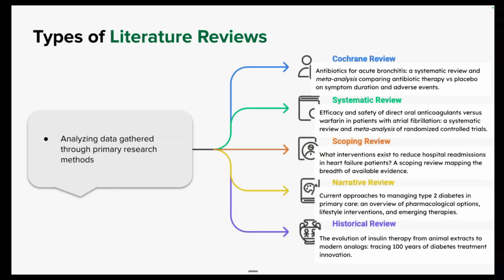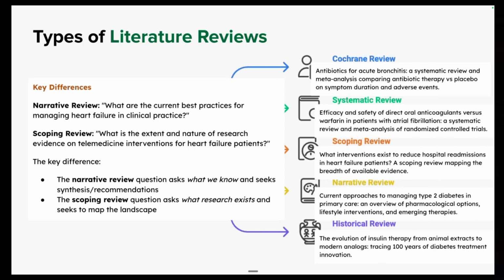So I keep going back and forth between scoping and narrative review because they're very similar. We'll look quickly again. So primary is new, secondary is review. We'll look quickly at the key differences between the narrative and scoping review. So narrative reviews, if we go down to the bottom key difference instead of that top key difference, that's a really good slide, Sarah. The narrative review asks the question, well, what do we know, and then it seeks to make synthesis. So we're summarizing and then recommending. What do we do next? Whereas the scoping review, again, looks at what research exists and then seeks to map out the landscape.